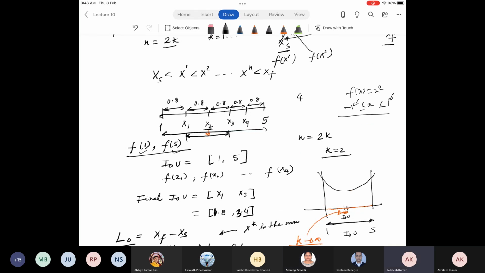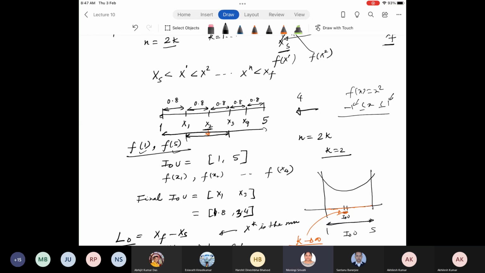Okay. From what you have understood, do you think that this kind of search can really give you a solution? Yes, it can give you. What do you need to increase? Number of points. If we increase the number of points, the more evaluations you do, the better results you will get. Does that make sense? Yes, sir.